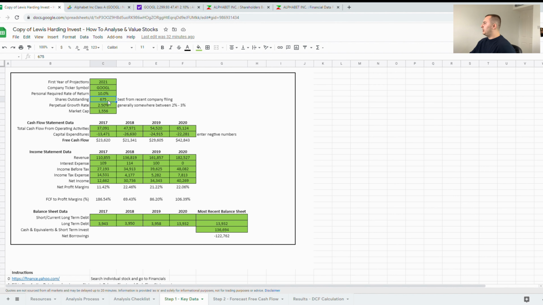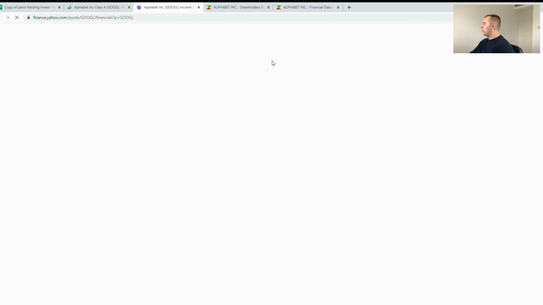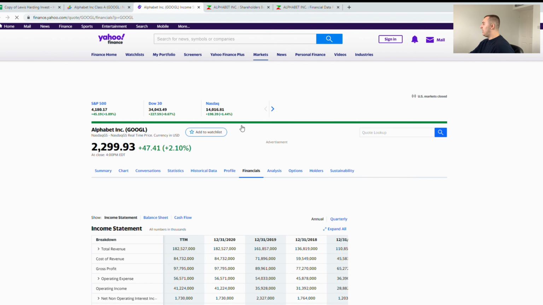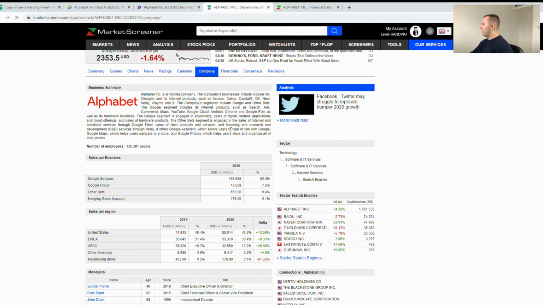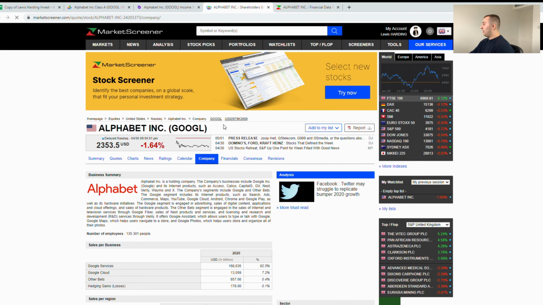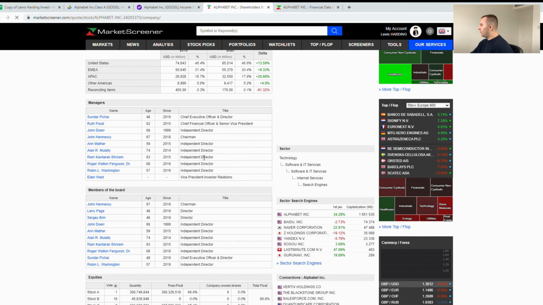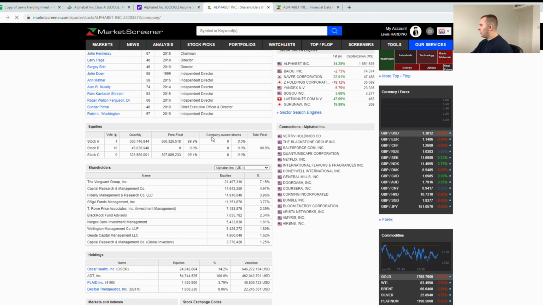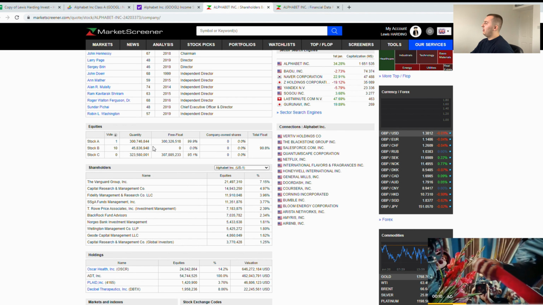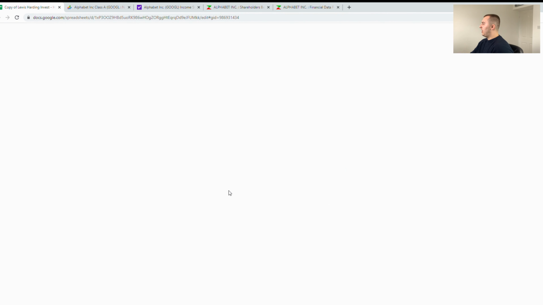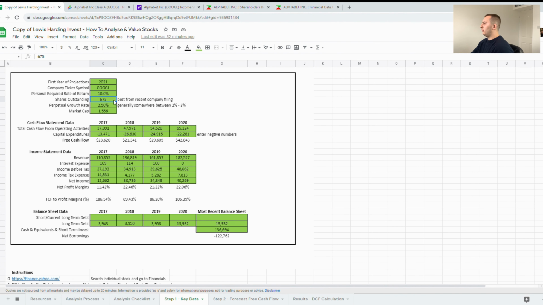And then the next column is shares outstanding. We'll find this from Google Finance or Market Screener. Market Screener is probably a bit better. Alphabet's a bit funky as well because it has 3 classes of shares. So let's have a look. If you add up 300, 307, sorry, that's the wrong figures. 301, 46 and 324, that comes to 675, the total shares outstanding. This is in millions, by the way.